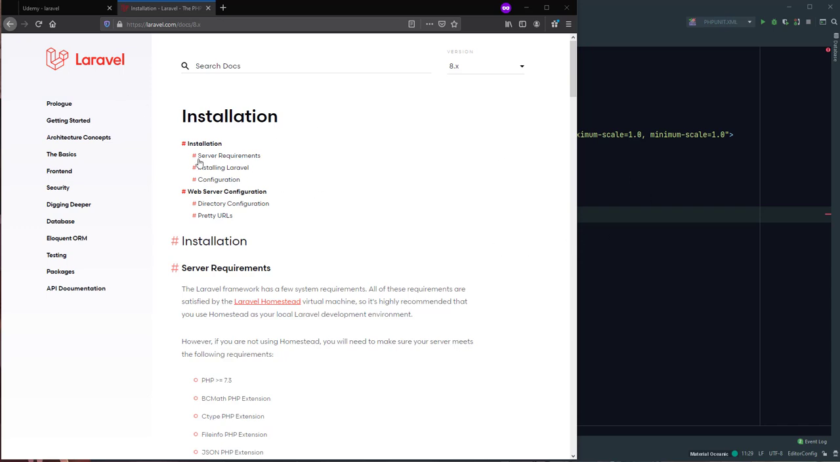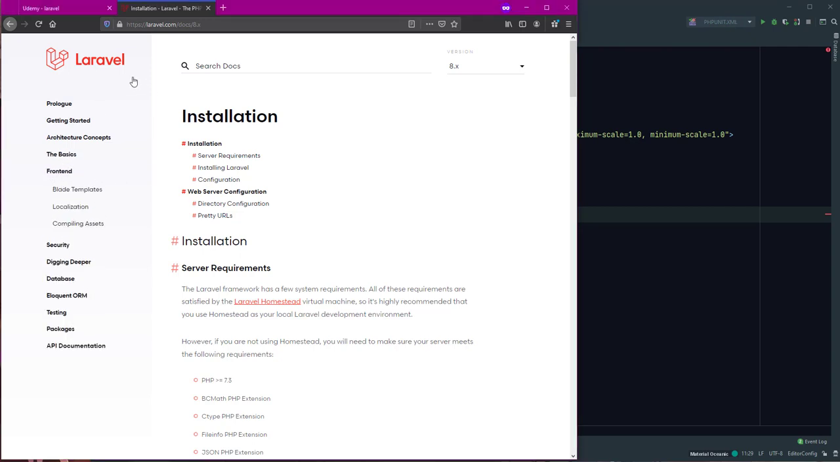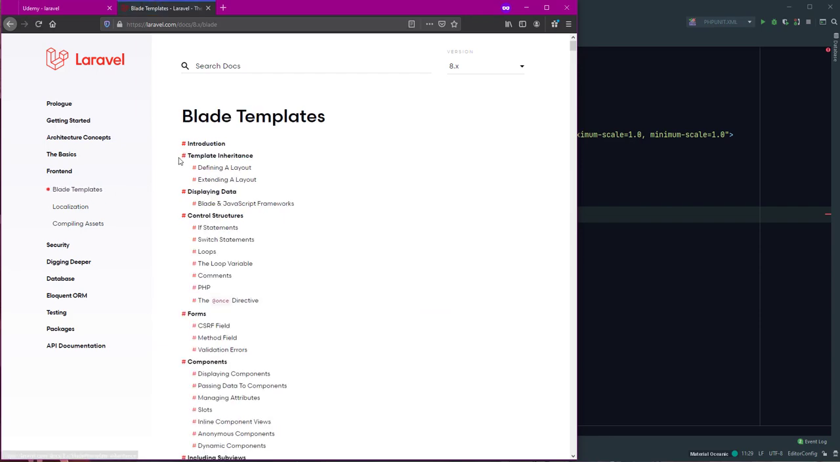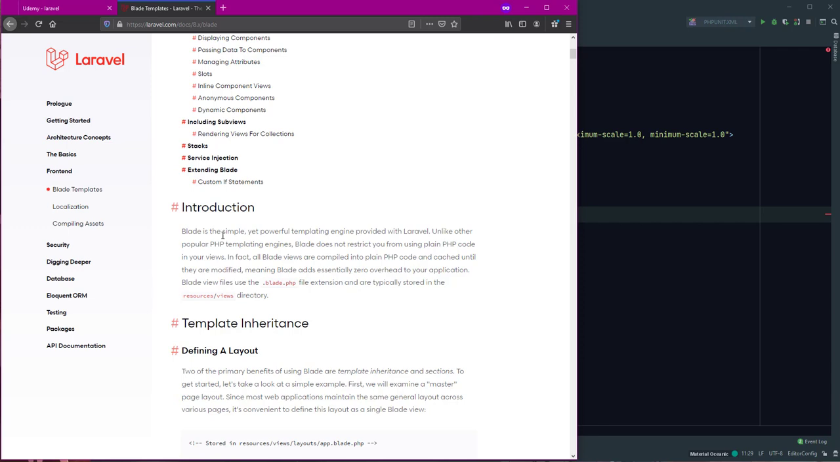Hello, in this lecture I pay attention to Blade, so open the Laravel documentation and Blade templates. Blade is the simple yet powerful templating engine provided with Laravel. Unlike other popular PHP template engines, Blade does not